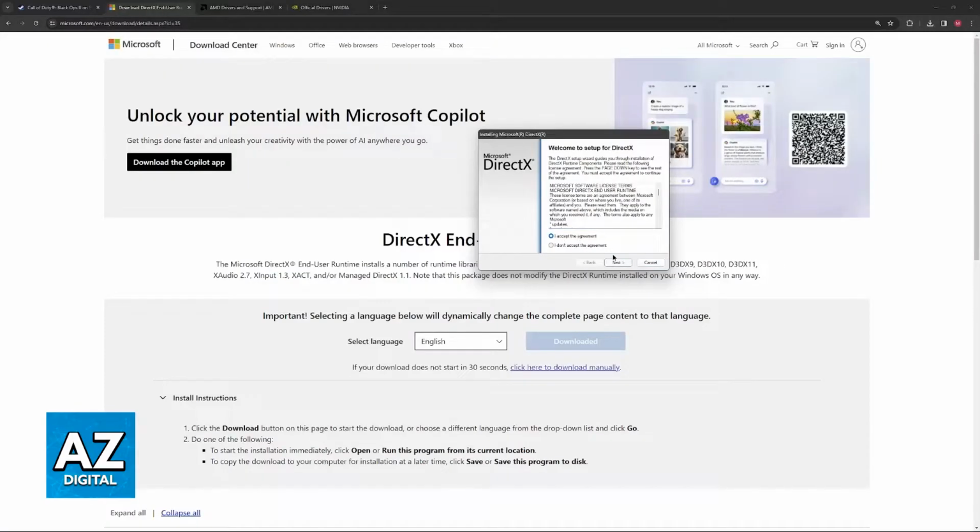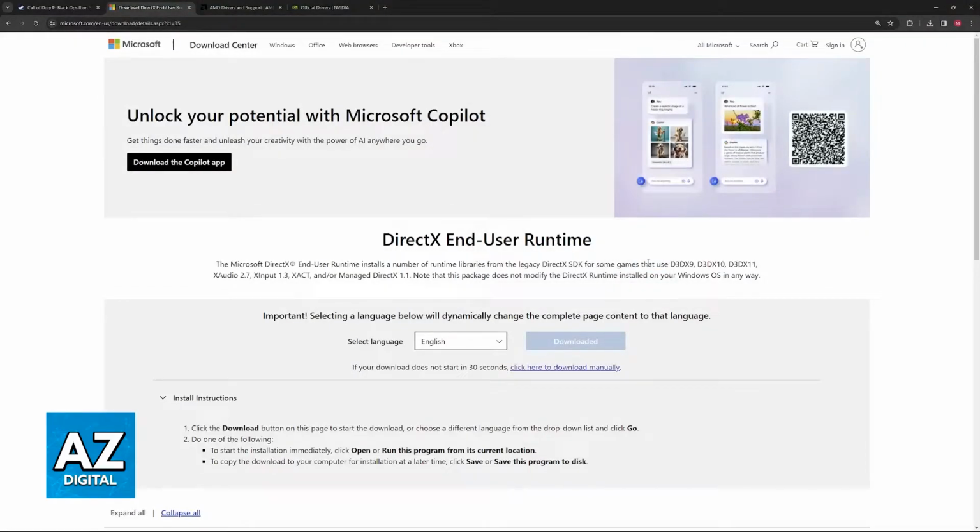Just go over, accept the agreement, click next, and proceed. Make sure to untick this so you don't get the Bing bar. I'm not going to finish the whole process in this video because I already have DirectX, but you should do it on your own time. Once again, try opening up the game, and if it still doesn't work, the last solution that I have is